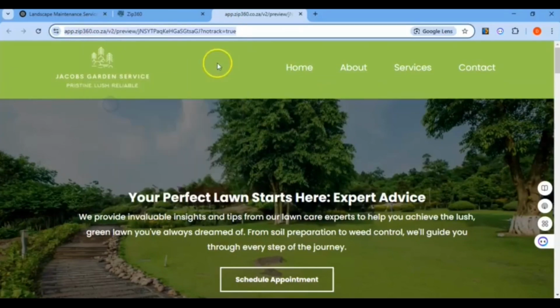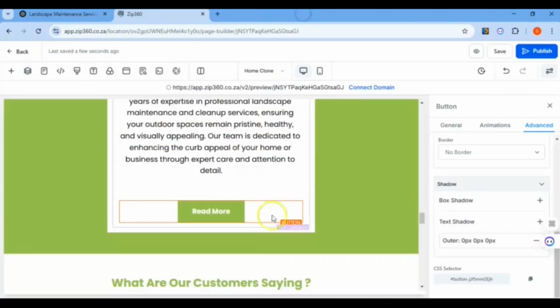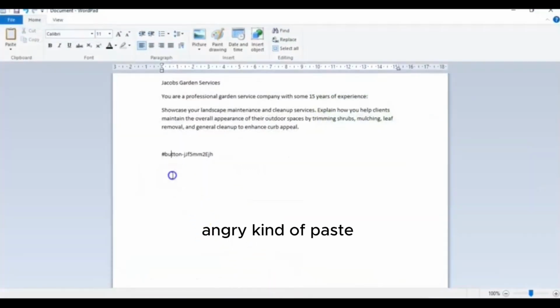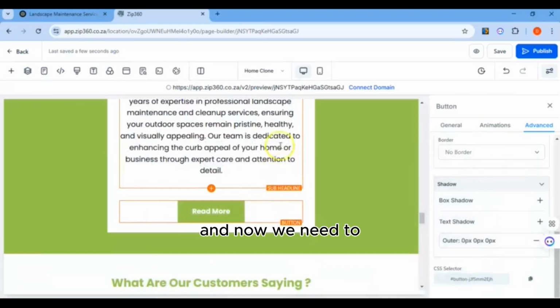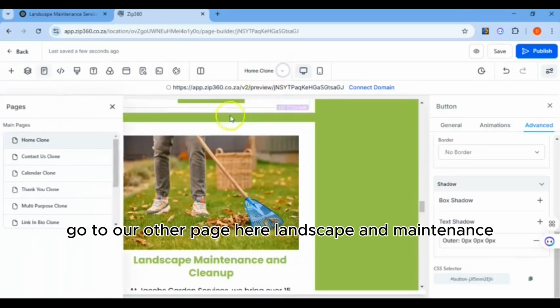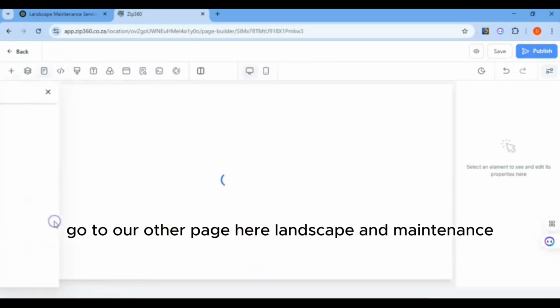Copy, and we're going to paste. Cut. Paste. Copy. And now we need to go to our other page here, landscape and maintenance.